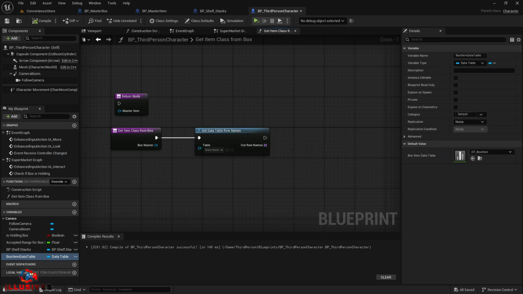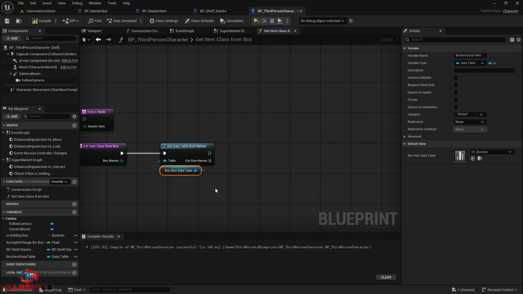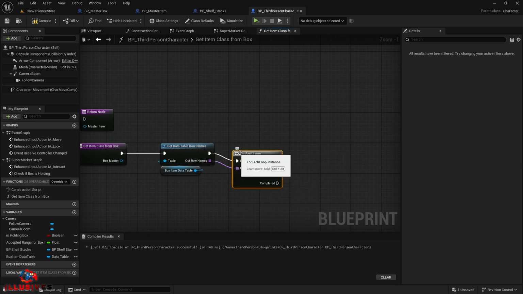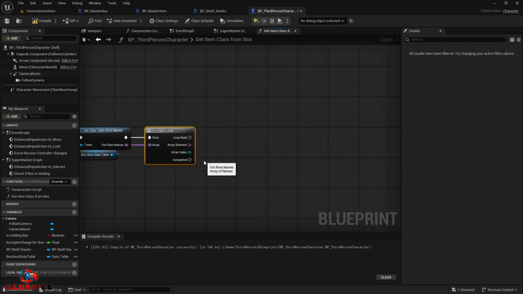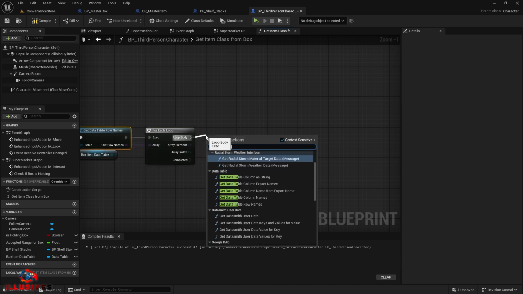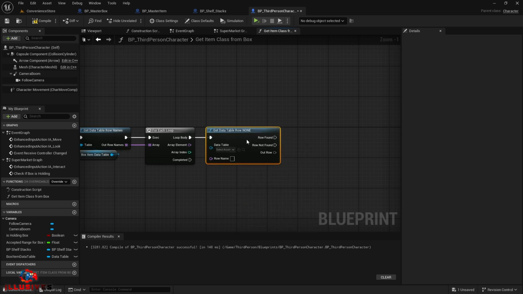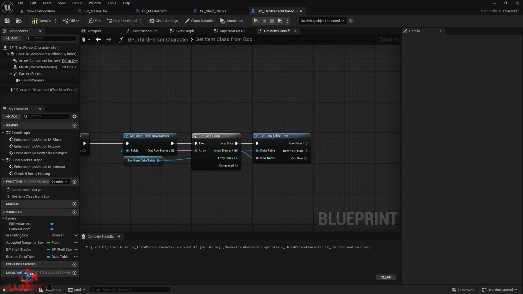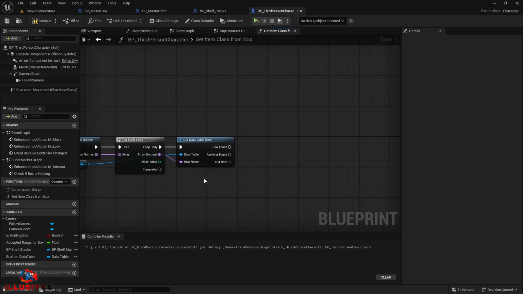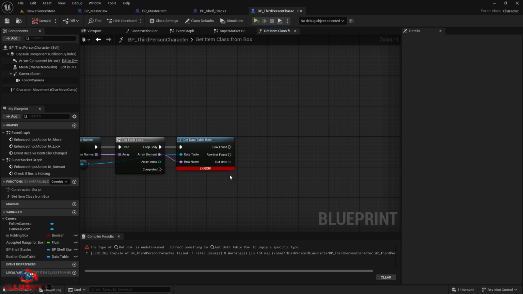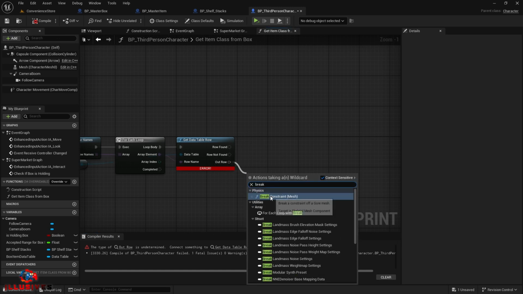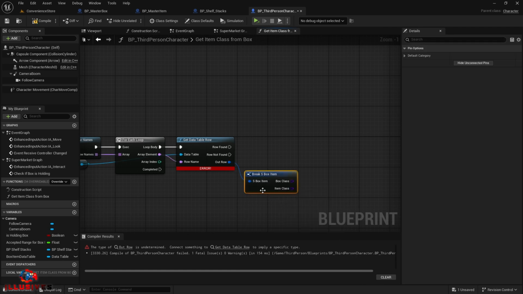Now if I compile, I'm getting an error because from the out row I haven't taken anything. So let's break this. Let's break our box item. You can see we have box data and item data here. From here we will check if our box class is equal to our box master, so that we don't overlap with anything else. So if that is true, the row found,